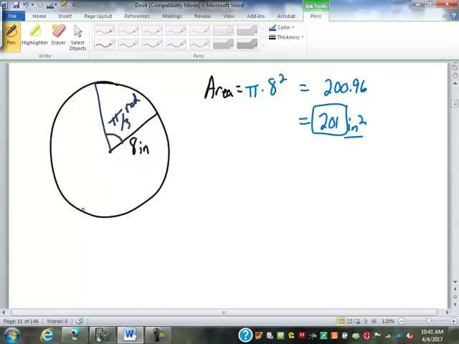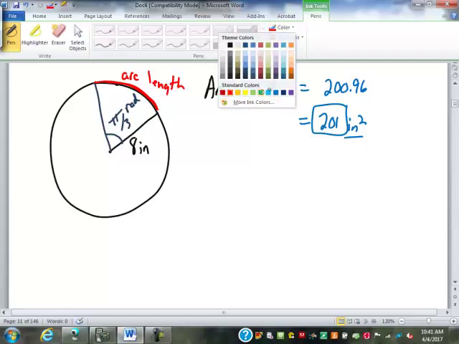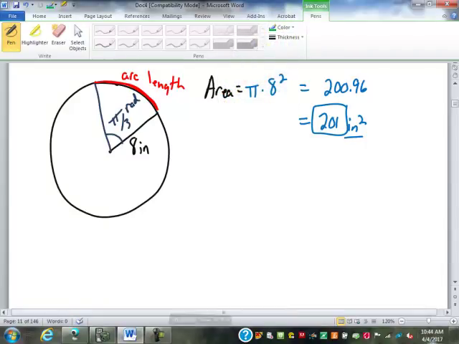We have a central angle of pi over 3 radians. Find the arc length. I'm going to pause and let you look at this. There's a couple ways you can approach this. One is, of course, pi over 3 radians is 60 degrees if you do the conversion. If you're going to do it that way,